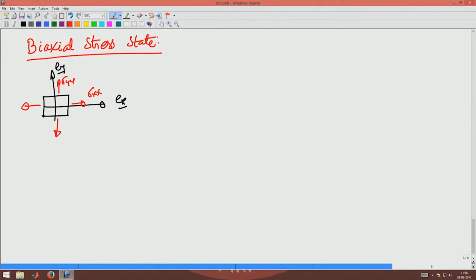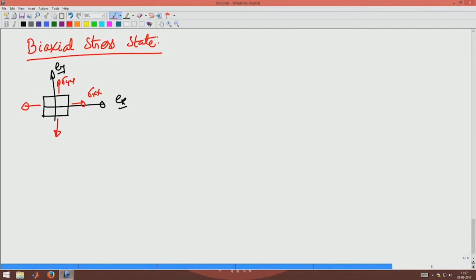That is, the shear stress is 0, I apply some stress in the x direction, I apply some stress in the y direction, and I am looking at what is the Mohr circle for this stress state. The Mohr circle for this stress state would be